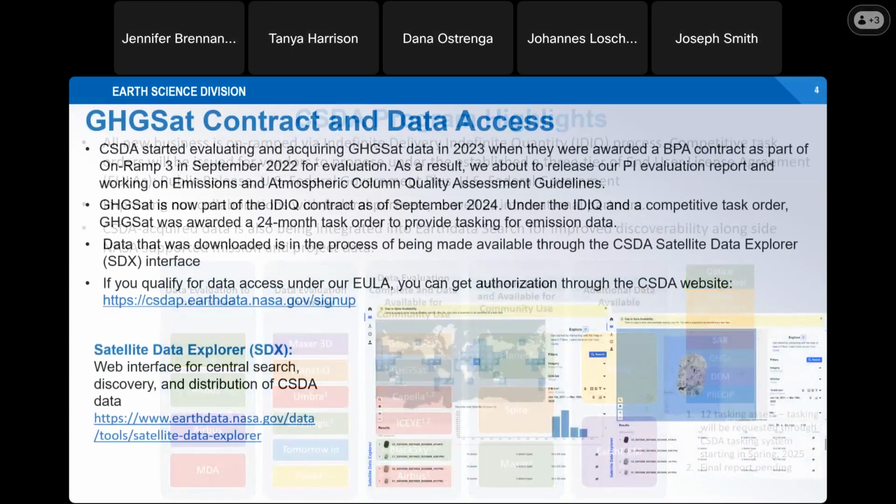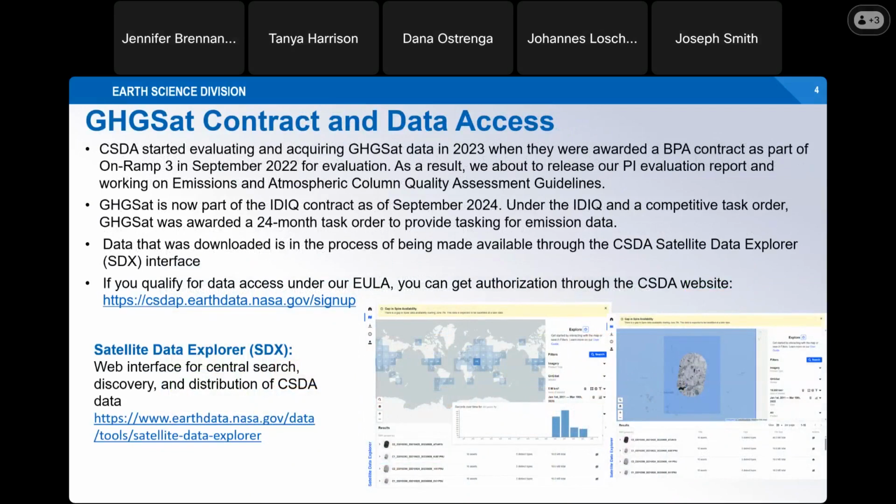So GHGSat, which we're here to talk about today, has been part of our program since September 2022, when they were previously awarded a blanket purchase agreement to acquire emissions data for the purpose of evaluation. The evaluation provided not only a full assessment of the GHGSat data, but also facilitated 2 new guidelines for quality assessment criteria for emissions and atmospheric column data. In September 2024,